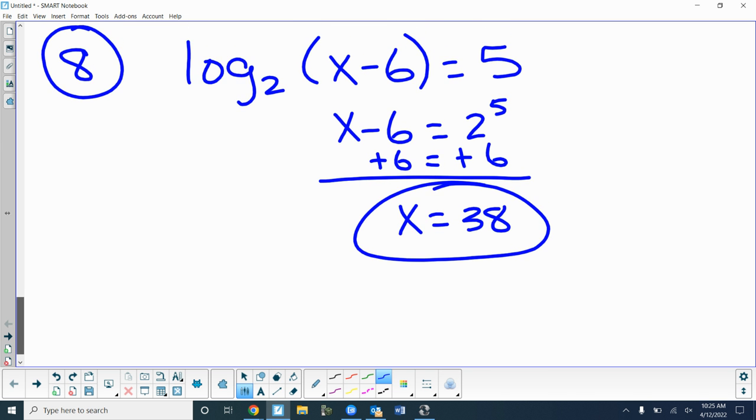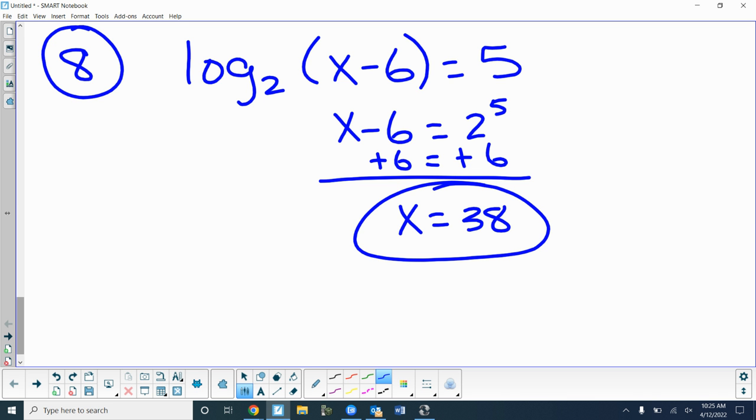Okay? Give me your paper. So that stuff we learned right when we started these logs, how to write it in exponential form. That's all we do with a single log on the left, and that's what you need. A single log on the left equal to something, just turn it into an exponential, whatever the base of your